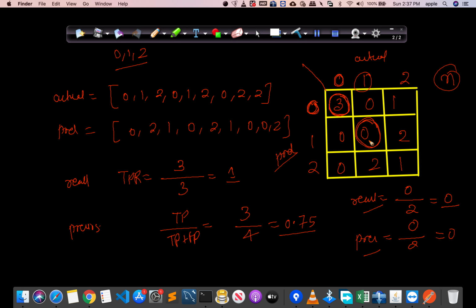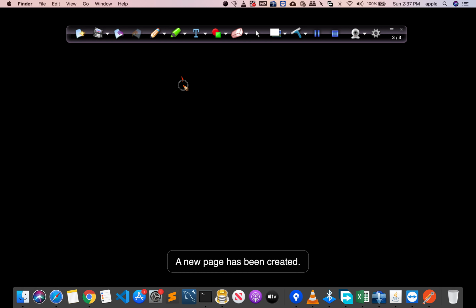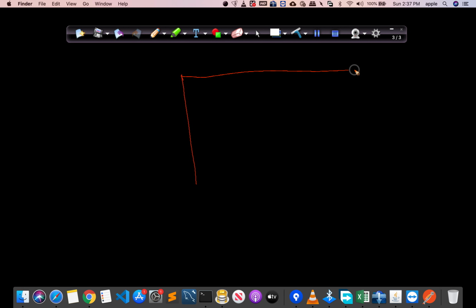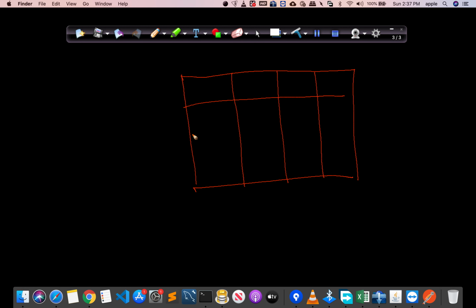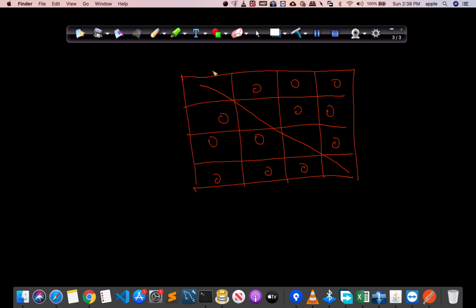And what is the ideal case? You want to see the ideal case of the confusion matrix in a multi-class setting. Suppose we have four classes. Then every value will be 0 except for the diagonal ones. So these will all be 0, and only the diagonal will contain values, and the rest will be 0. So this is the ideal case. This was all about the confusion matrix and how to use it in a multi-class setting.